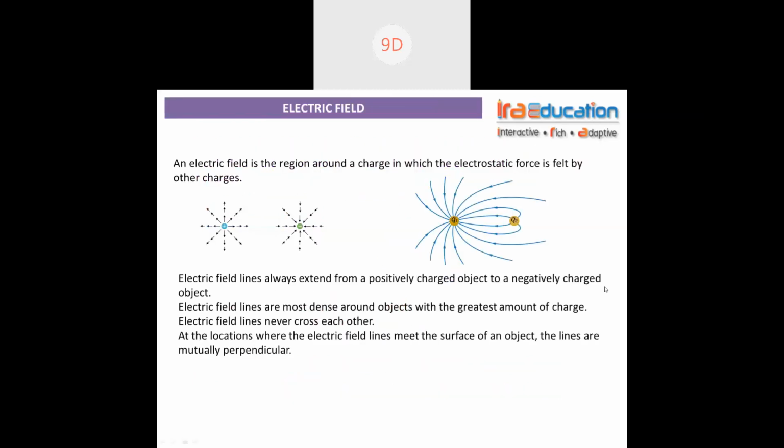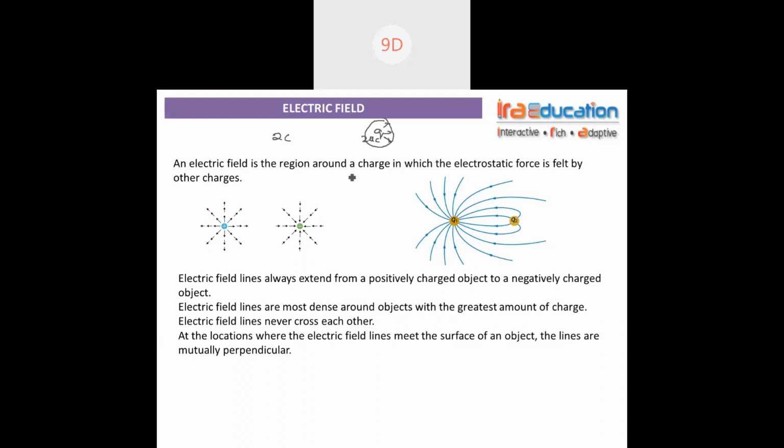Moving further, this is what is the electric field. Electric field is the region around a charge where its influence is felt, or where the electrostatic force is felt. Depending on the magnitude, let's say a very small point charge shows its influence over this much region. If I take a charge of heavier magnitude, let's say this is only 2 microcoulomb, and if I'm taking a charge of 2 coulomb, then its influence is spread over a larger region.